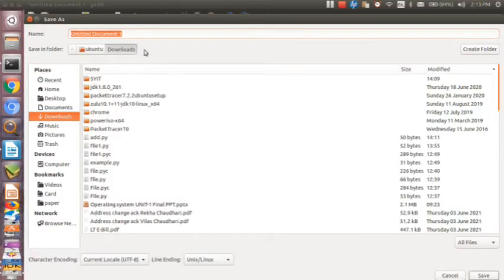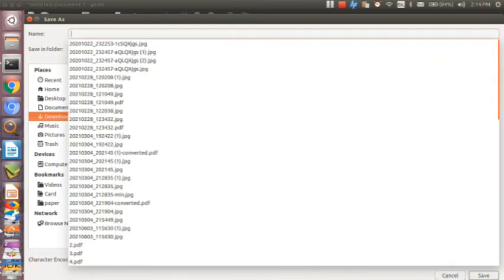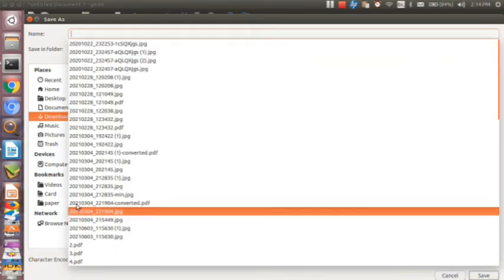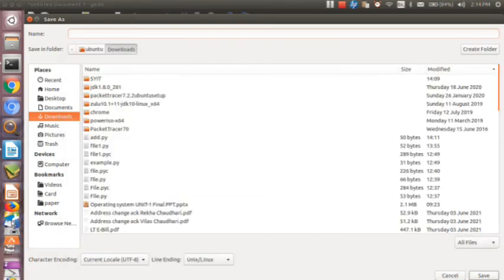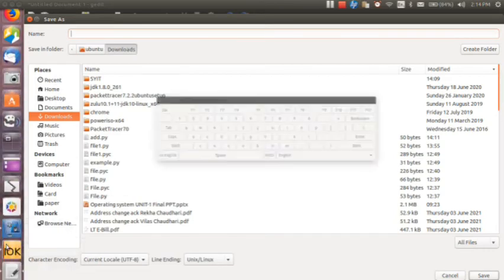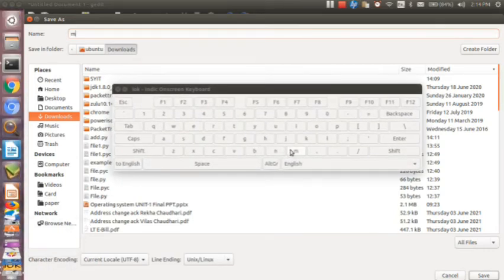Now we only need to save this code, that is main add.py. Click on save.